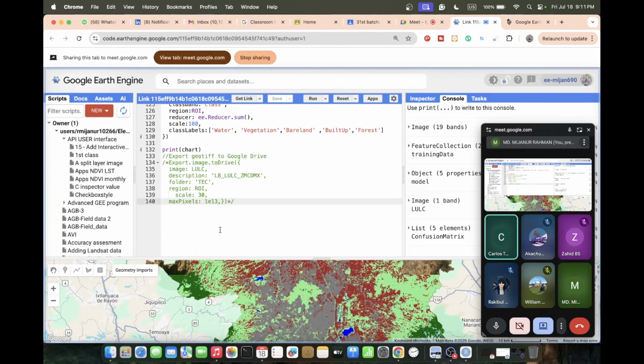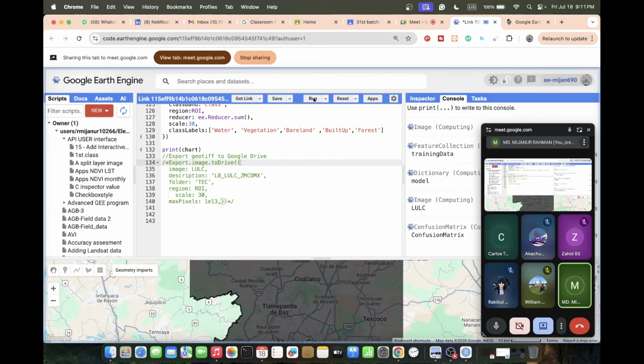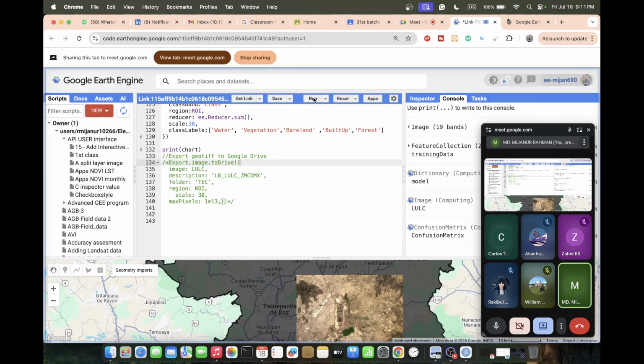Now the chart: if you just put the 30-meter scale, we face a problem, because when I calculate using the 30-meter scale, it increases our pixel number and crosses the limit. That's how we found this type of problem, so the chart does not work. So we try another method to calculate the area manually, without calculating the chart. First of all,